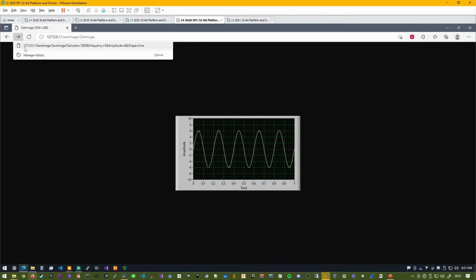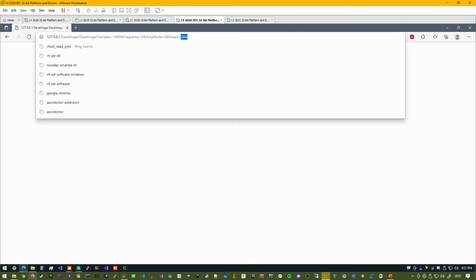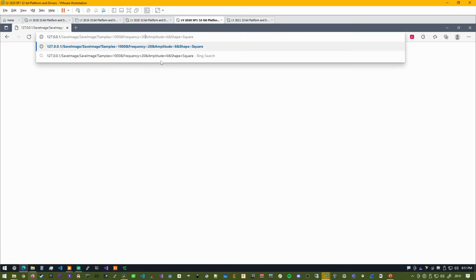We can then go back to this and generate a different shape. So let's do a square so that stands out better. Let's increase the frequency a whole bunch, and we'll make this request. One other thing you can do when you are testing resources like this, which do not generate a proper response,